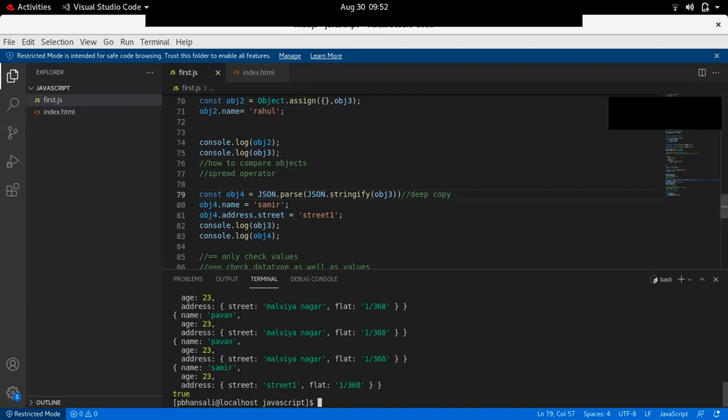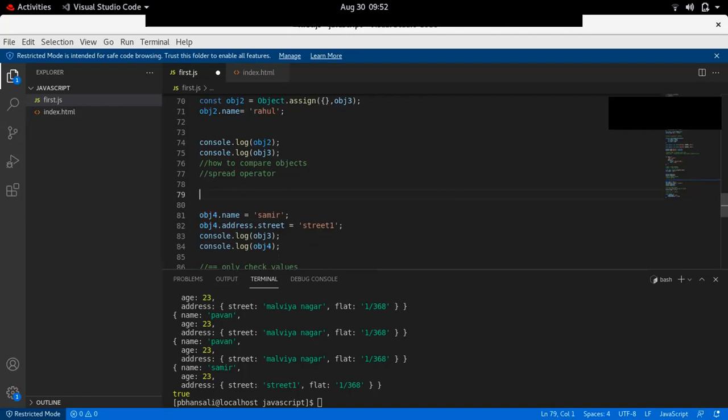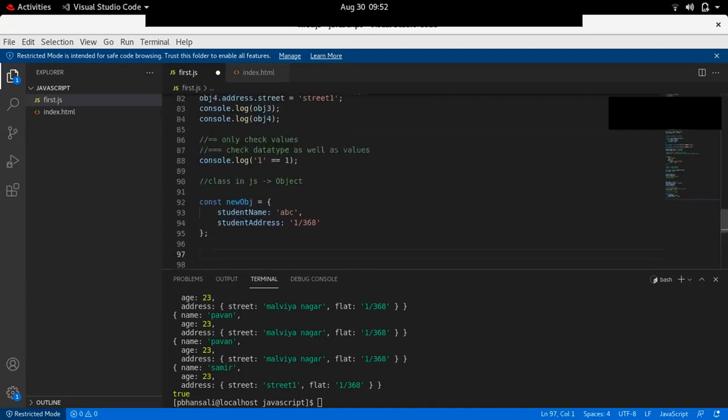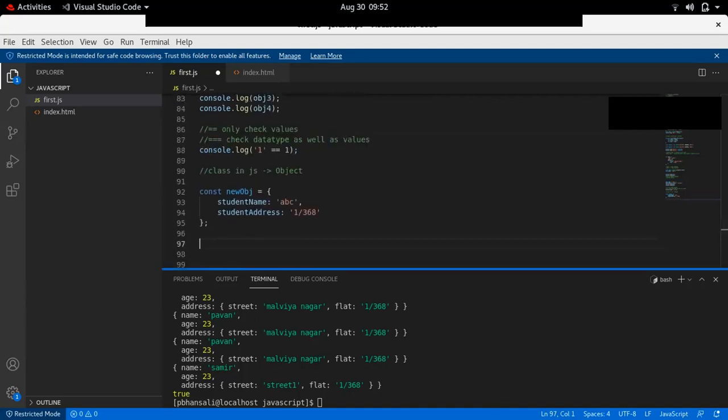Now the interviewer can ask you, can you do it using the spread operator? If you don't know the syntax, how will you do this using the spread operator? That's why the spread operator is so important. So I will tell you some syntaxes. For example, you have this new object. Now you want to retain the previous properties inside this new object and add a new property. So what can you do?